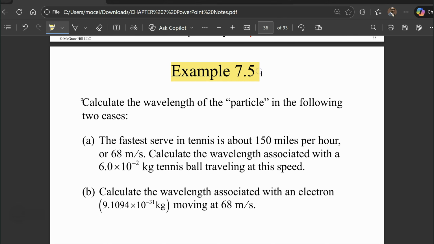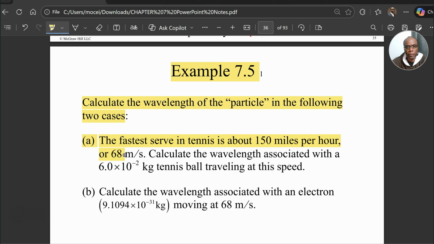Example 7.5. Calculate the wavelength of the particle in the following two cases. Case A. The first test serve in tennis is about 150 miles per hour or 68 meters per second. So 150 miles per hour is 68 meters per second, which is the speed, or the velocity, of this traveling tennis ball. Calculate the wavelength associated with 6.0 times 10 to the power minus 2 kilogram of a tennis ball traveling at